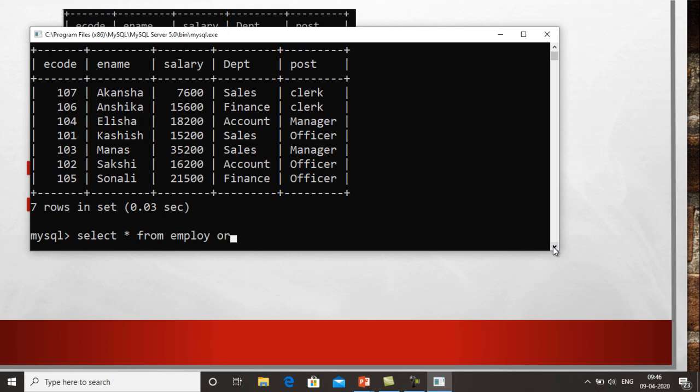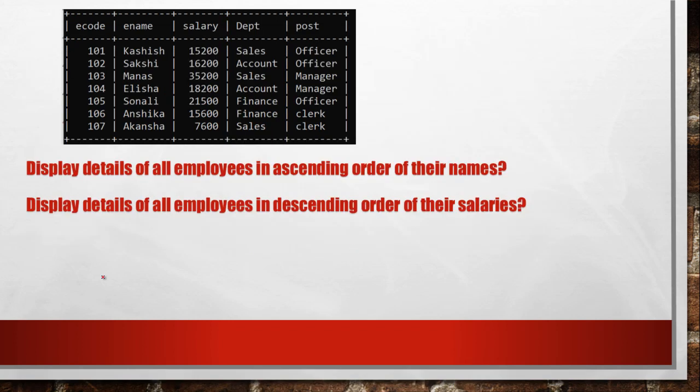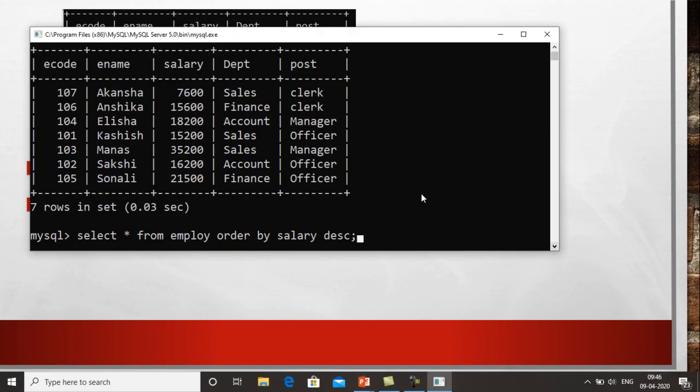Now we have to show the records on the basis of their salary, so order by salary and in descending order, DESC. So over here it is given display, we have written select for that, details, that's why we wrote star for all employees, and after that it is given descending order of their salaries. So for descending order of their salaries we have to specify order by salary DESC.